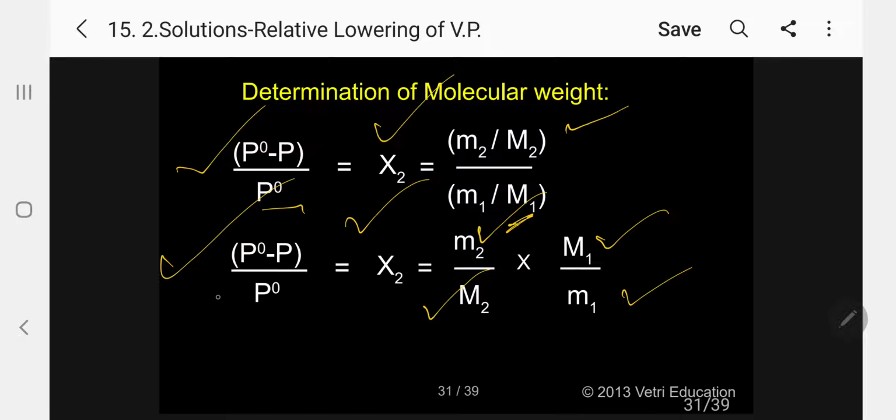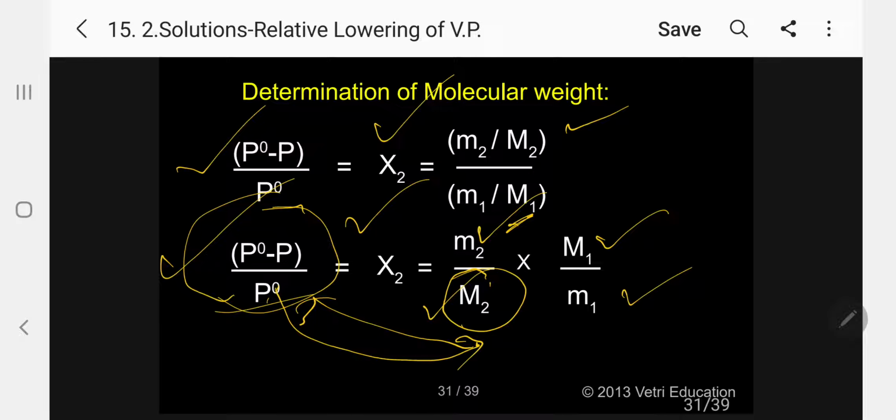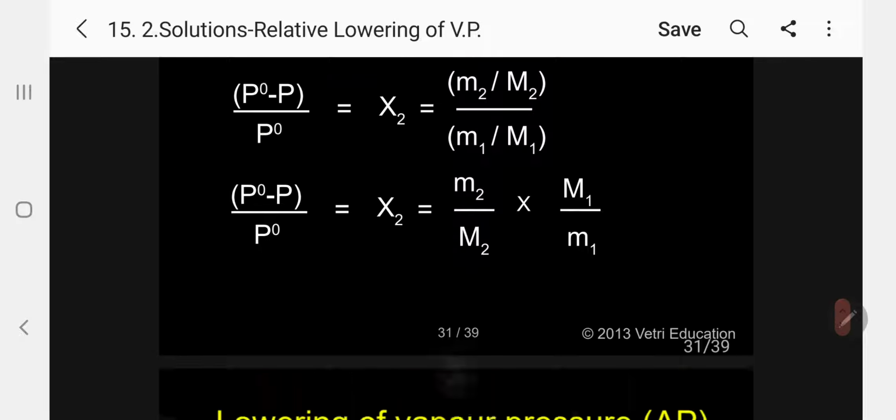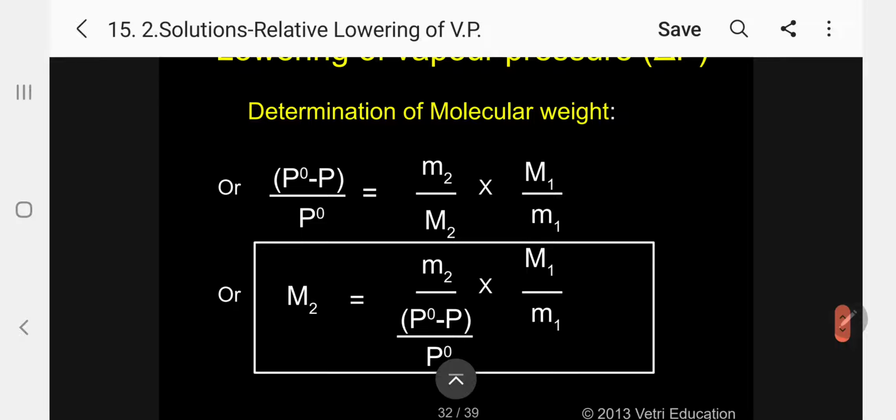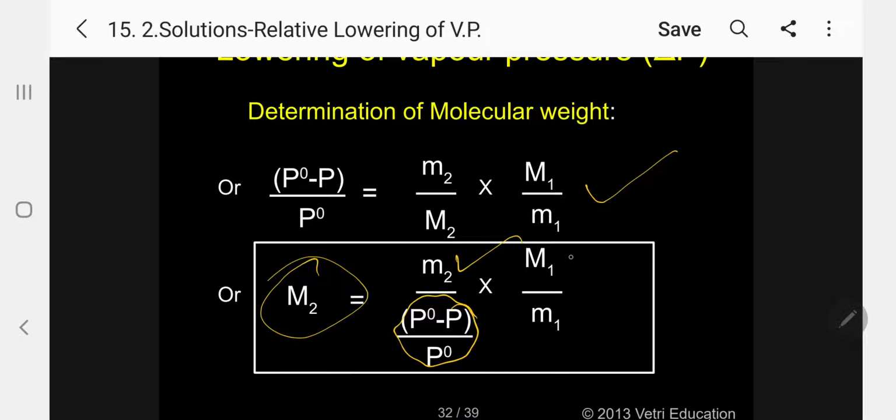So kindly follow now, what I am interested in is only the molecular weight of the solute. That is the aim. So I will bring this side, so this will come here. So I will rearrange to find out the molecular weight. This is I am writing from the previous one. So by rearranging I am getting capital M2, the molecular weight of solute, is equal to m2 by the relative lowering of vapor pressure into capital M1, the molecular weight of solvent, divided by the mass of the solvent. Kindly follow. This is the most important information.